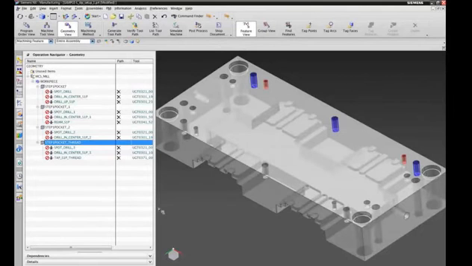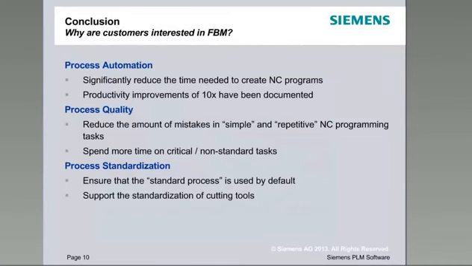If we switch back, Derek, to the two summary slides, please. Here comes your presentation back. Thank you so much. So to wrap it up,